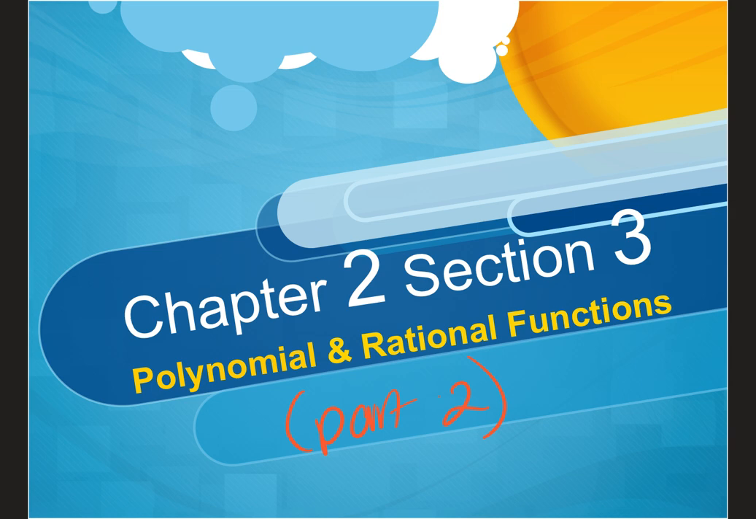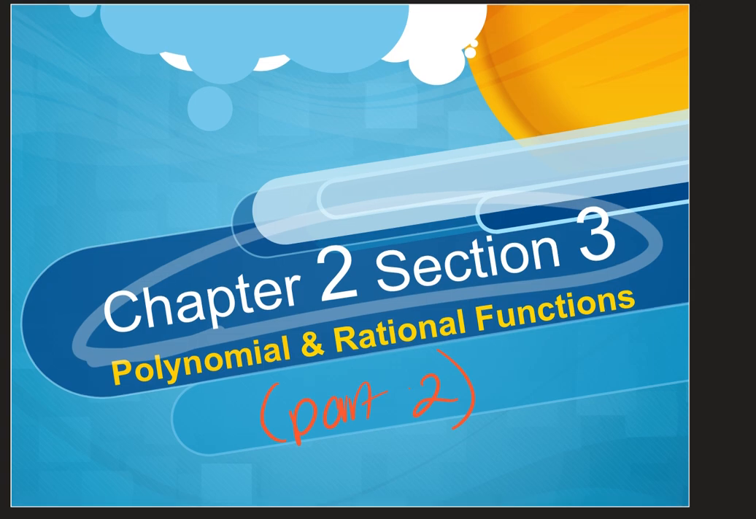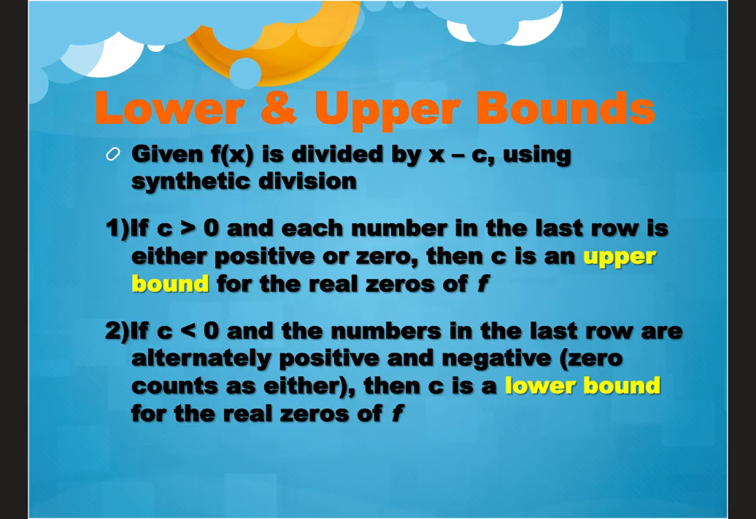All right, now we're going to finish up the last part of 2.3, which was polynomial and rational functions. That last topic, which is lower and upper bounds. So you won't get tested on lower and upper bounds, but lower and upper bounds will help you to eliminate your possible zeros. The rule is this: if what you're dividing by, so when you're dividing by x minus c,